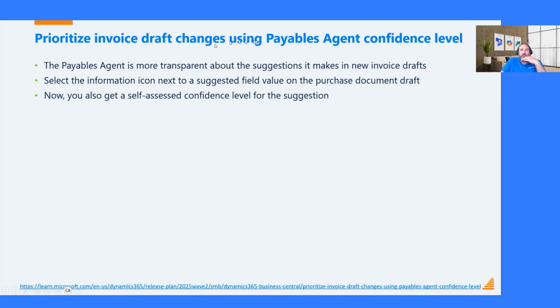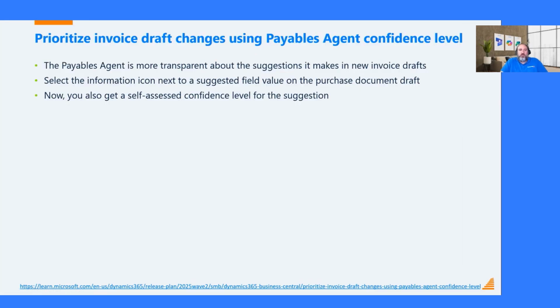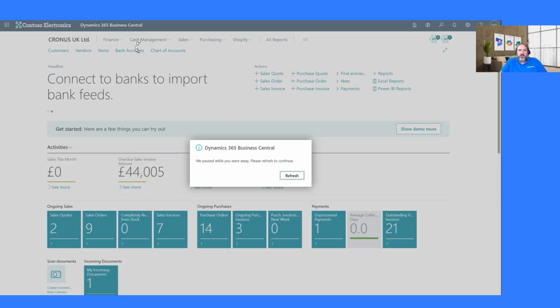Prioritize invoice draft changes using the Payables Agent confidence level. In the Payables Agent in Business Central, when you actually go and get the system to give you suggestions, let's